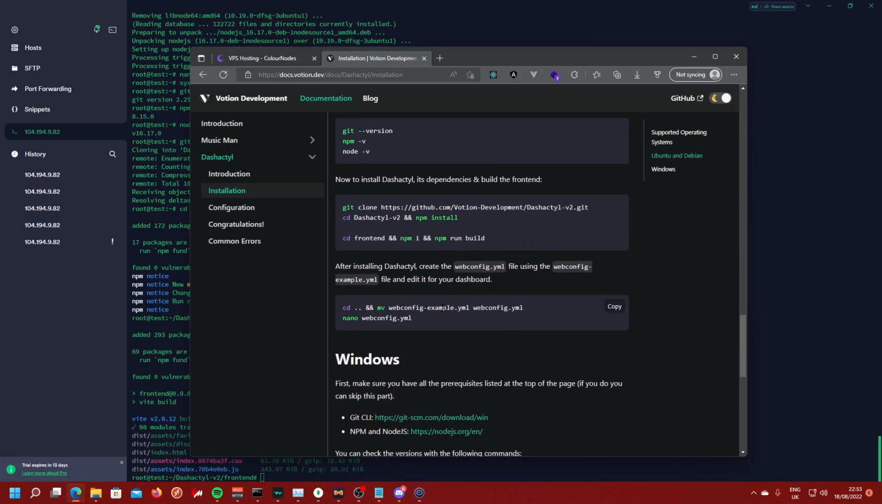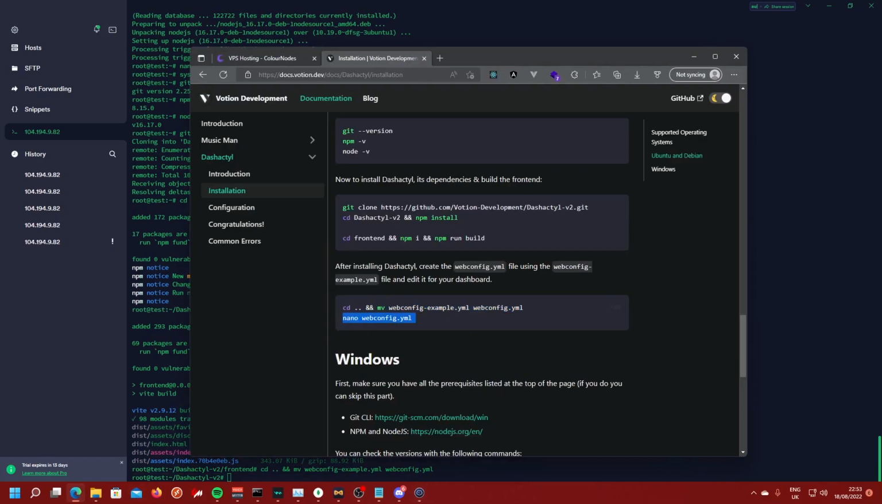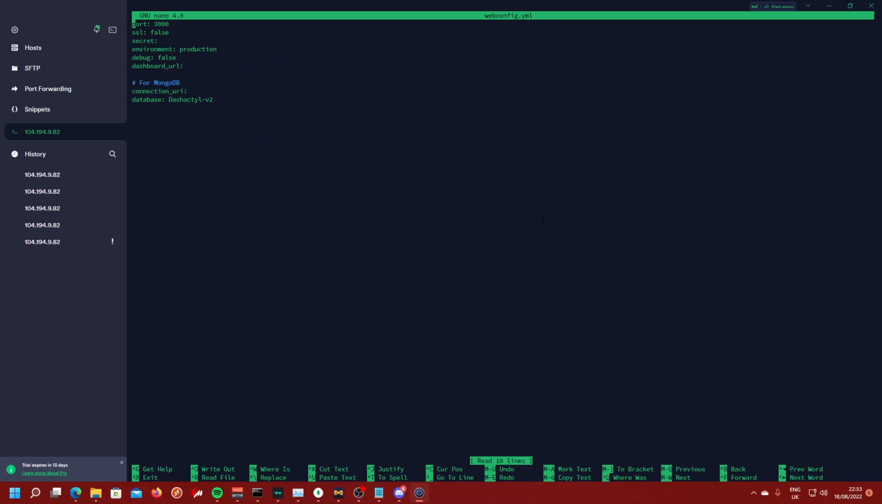Once it has done that, we're going to move our webconfig example file to our normal webconfig file. Let's do that now. Let's set the port to 3000, SSL to false, secret can just be whatever, production can be environment, debug can be false, dashboard URL has to be